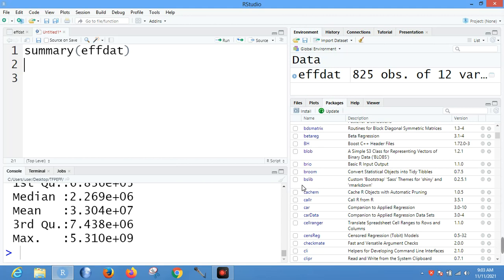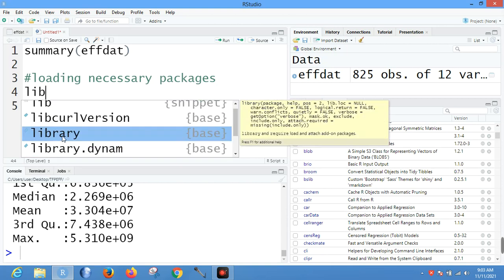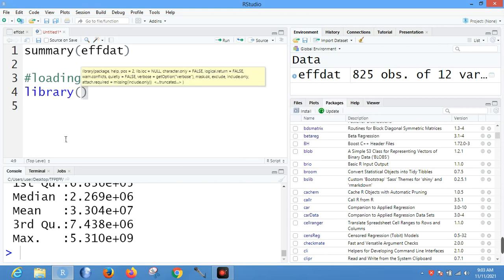After installation, what you need is to load the packages. So that is loading necessary packages. So library, since they are all stored in library, then you have to use library to load them. So library, table 1,